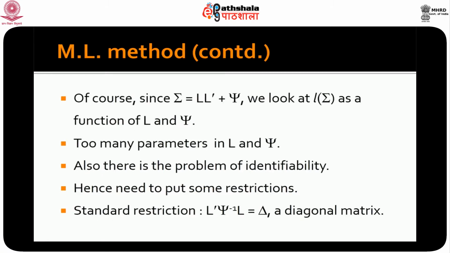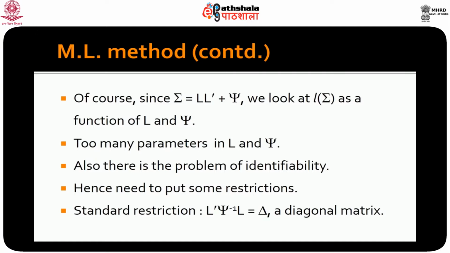Now remember that we are not going to directly estimate the elements of sigma, because the elements of sigma are primarily composed of the elements of the matrix L and the diagonal matrix psi. Sigma, mind you, is LL prime plus psi, so we need to estimate this. But there are more parameters here than the number of observations, so we need to minimize the number of parameters